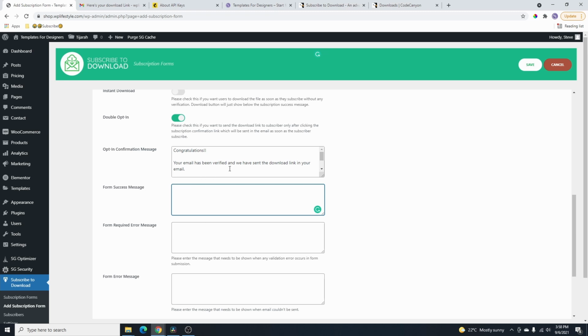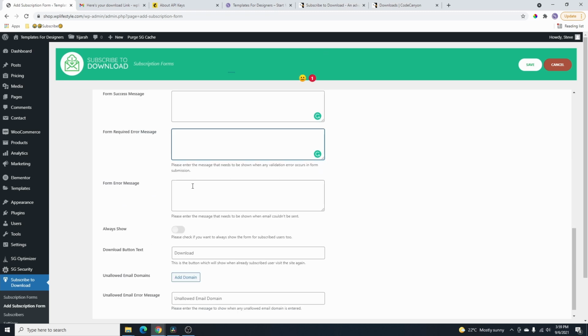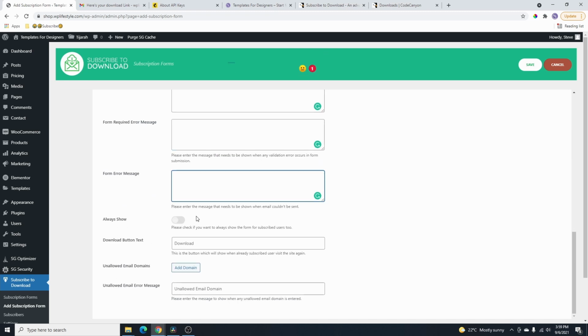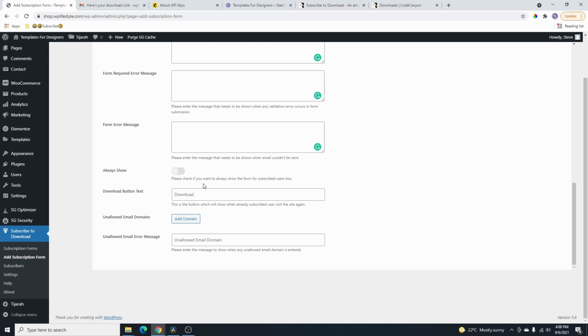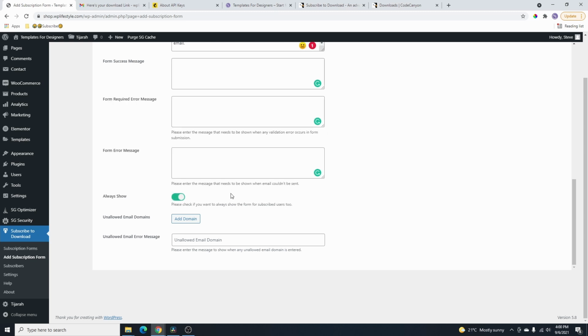You can see right here, and here you can enter the success message, and here you can enter a form error message. So this always show button right here is one that you need to turn on if you want people to see the download button after they have already subscribed to your email newsletter. So that means once they subscribe and come back to your website, they will be able to see that button again if they want to resubscribe, if they want to click on it and subscribe again to get the download